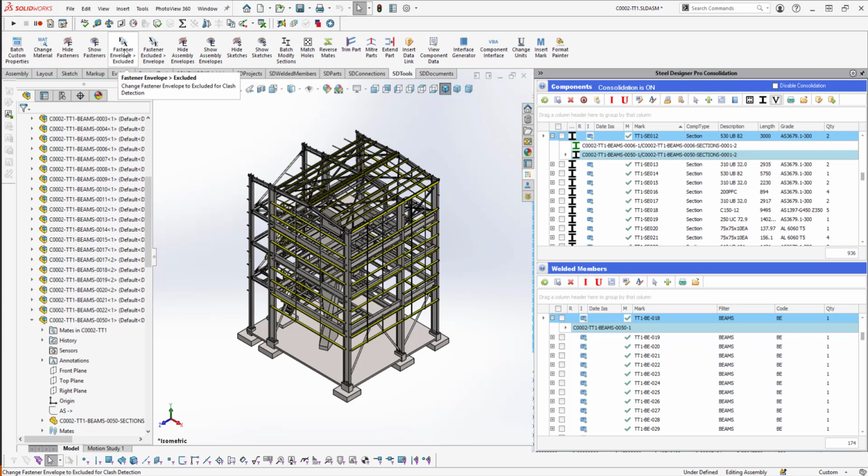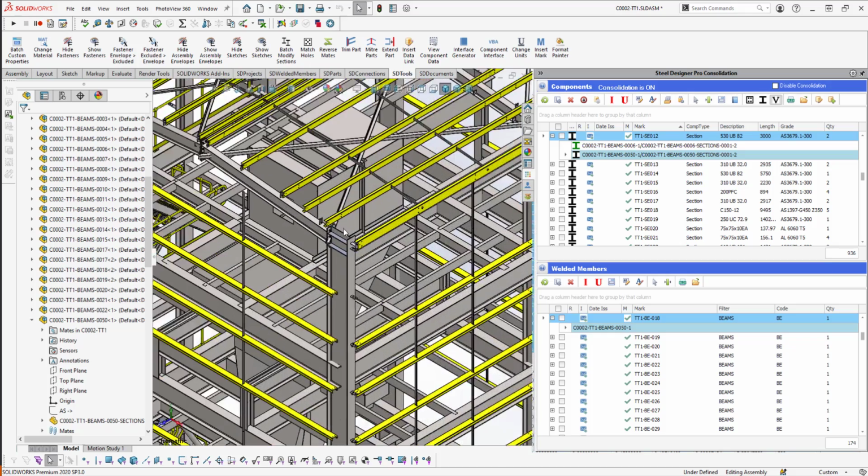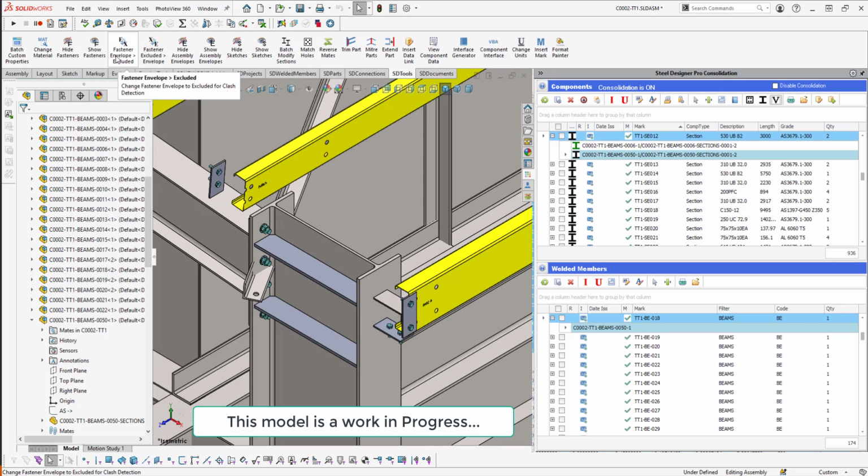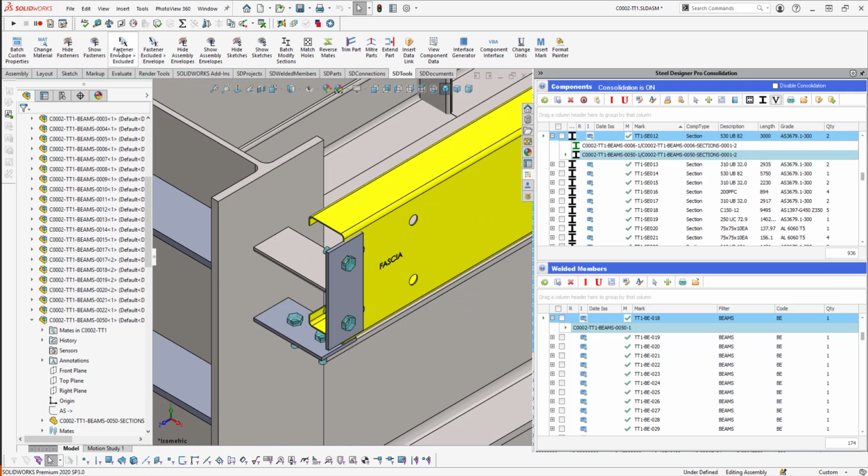So for a quick toggle, we've actually set up two buttons here which allows us to switch backwards and forwards from an envelope component to an exclude from bill of materials component and back from an exclude from bill of materials component to an envelope. So if we just look at this, we've got lots of bolts in this project. They're all over the place. If I was to just simply click on the fastener, and I might zoom in a little bit more here, and convert it to be excluded